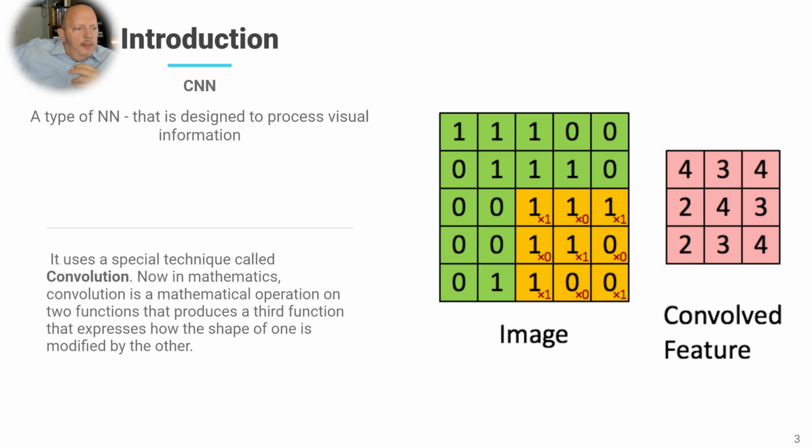So let's talk about the big picture idea. Convolutional networks use a special technique called convolutions. Now, mathematically, a convolution is an operation on two functions that produces a third function, blah, blah, blah, nobody cares. We can kind of see that if we summarize these four, 1, 2, 3, 4, we get 4. We summarize these 3, guess what, we get 3.